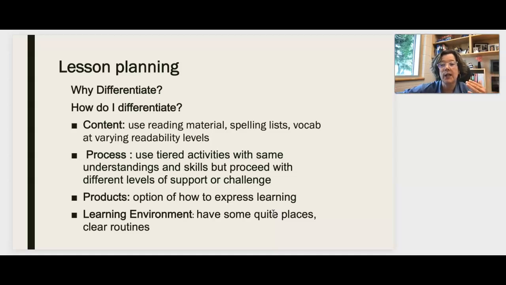That's differentiating the environment. Okay, so I want you to be thinking about these 4 aspects: content, process, products, and learning environment. So it's not always only about content. It's not only about process or product. These all sort of work together, but you might not necessarily always need to be focusing on one or all 4. Sometimes you just might need to have some individual time where it's quiet, and that will help to differentiate for some of your students. Okay,